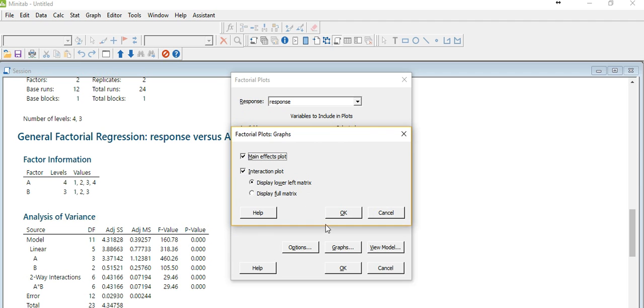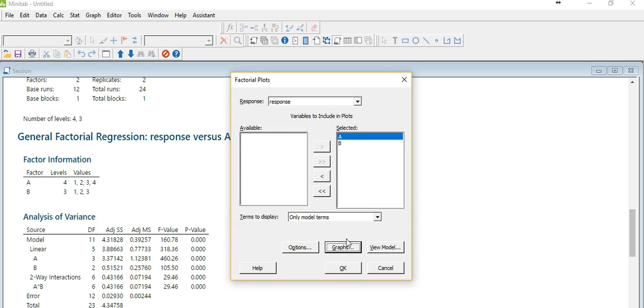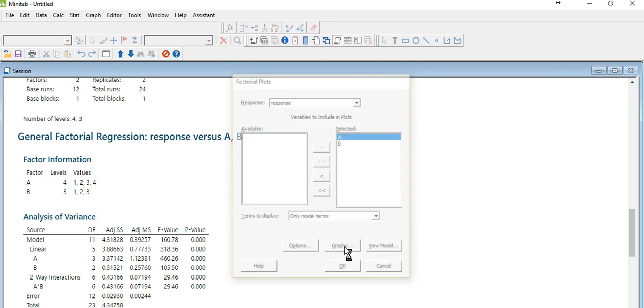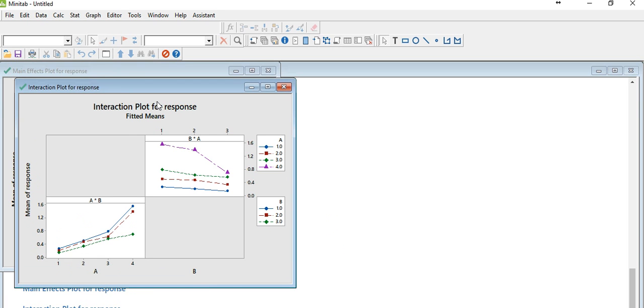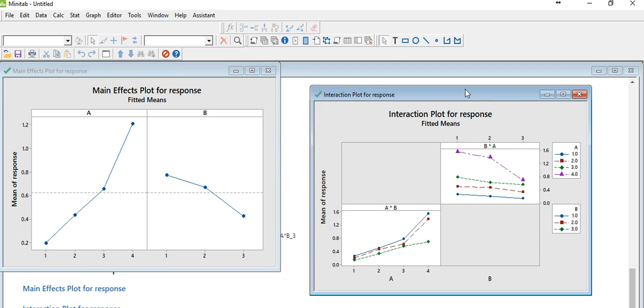Click on Graph, and you can check the main effect plot and interaction plot. If this one is checked, they will only show one interaction plot. Now if I click on this one and then click OK, and then OK, you can see both the